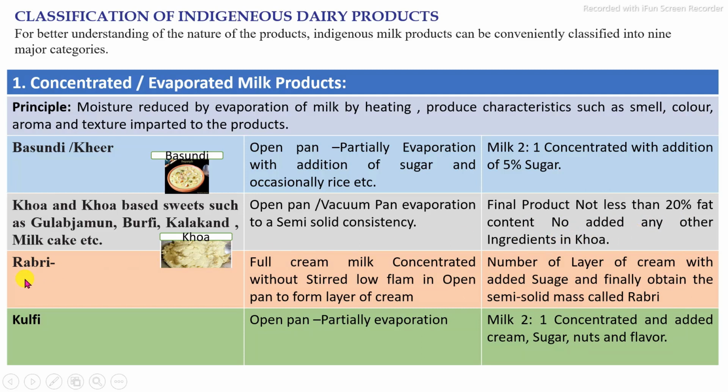Then rabri, in which full cream milk is concentrated without stirring, leading to the formation of a thin film of cream, which is separated while concentration continues. Then the last one is kulfi, which is similar to basundi and is used for the production of a frozen dessert, in which the milk is concentrated 2:1 and cream, sugar, nuts and